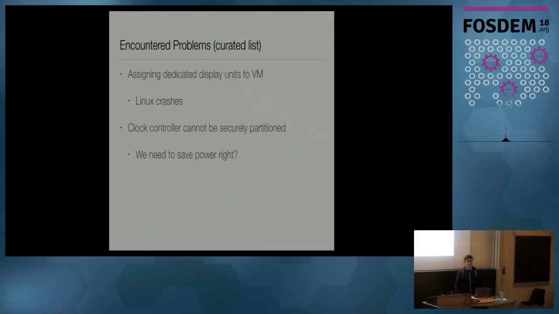And then there was another problem. The first try was, okay, let's see what happens, because we have to get the demo started here. We give the clock module to both of the VMs and see what's happening. And what we were seeing was that one of the Linuxes was shutting down devices from the other Linux, because it thought, okay, I don't see these devices in my device tree, so let's shut them down because we need to save power, right? Okay, so we had to think of something else here.